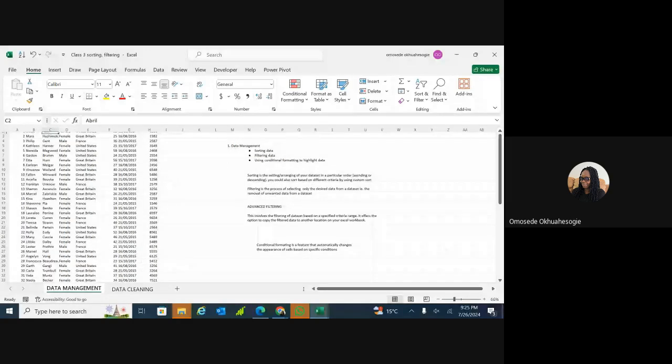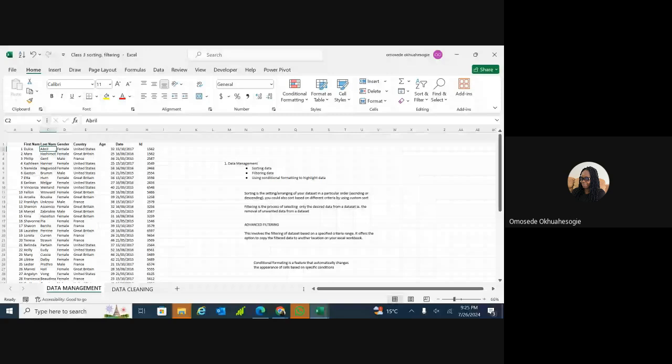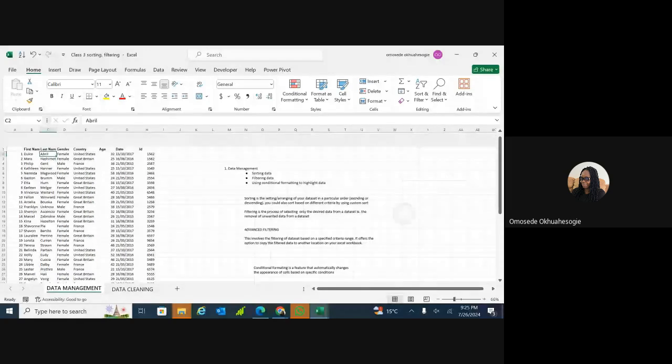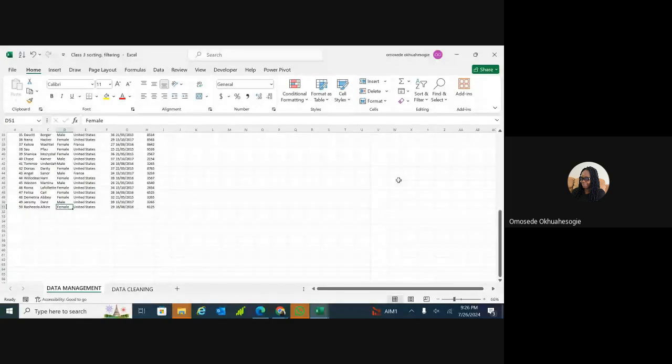Advanced filtering here. What advanced filtering does is it will allow you to filter, but it will not be here. So this original data will be left here while you filter in another location. Understand? It's like it's copying the data you have filtered to another place. And how do you do that? You tell Excel the column you want it to use, or the columns. Then you will tell it what